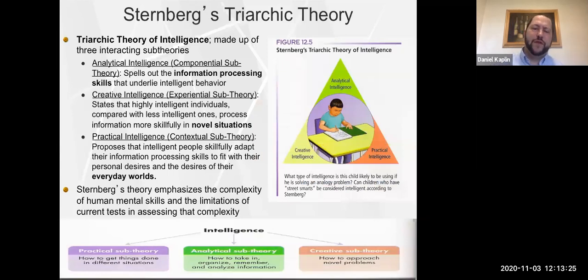So now let's shift gears to another conceptualization altogether. Robert Sternberg. Now, Robert Sternberg has what's known as the triarchic theory of intelligence. Now, you may have heard of Sternberg in a personality theories class as well, because he also has the triangular theory of love. So he seems to break things down into 3 parts quite often. Interesting